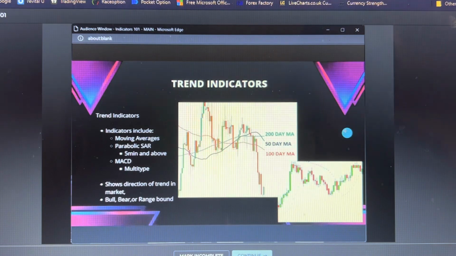Moving averages, the parabolic SAR, and the MACD, which is a multi-type, show trends. With moving averages, the higher the number, the more steady that line is, but that is showing the overall movement of